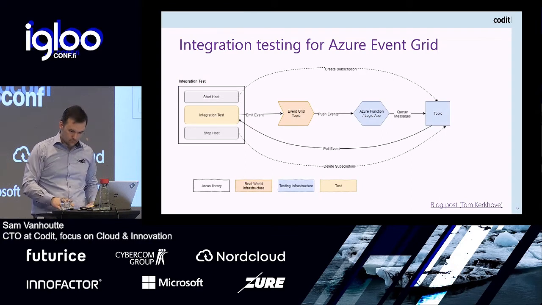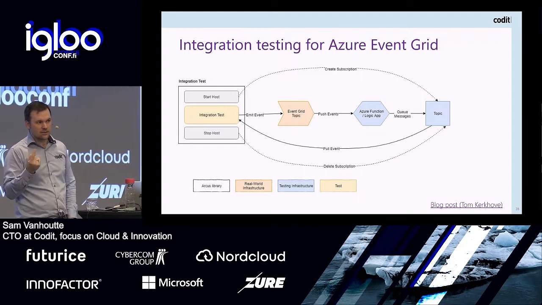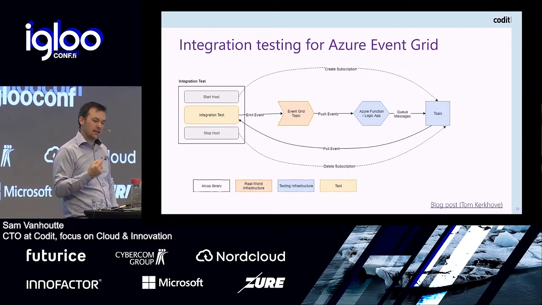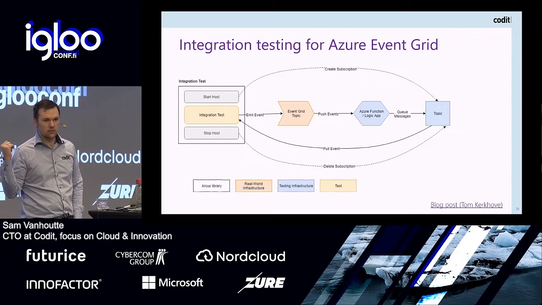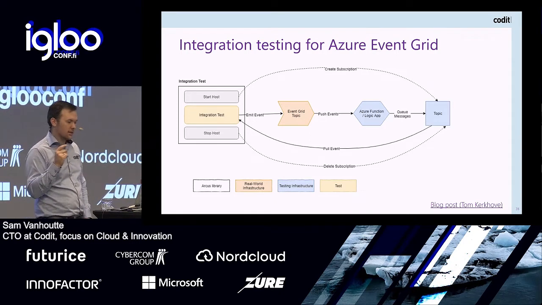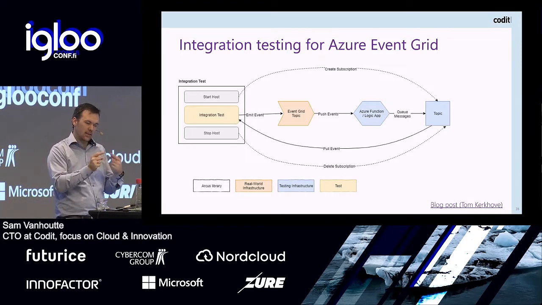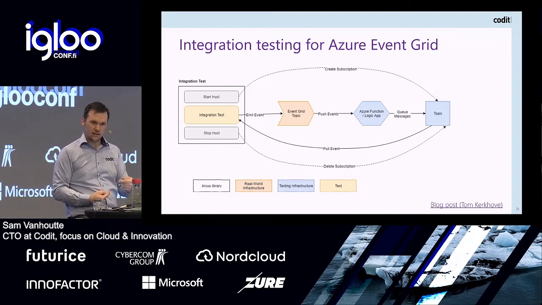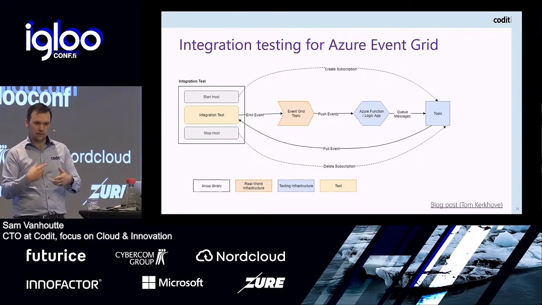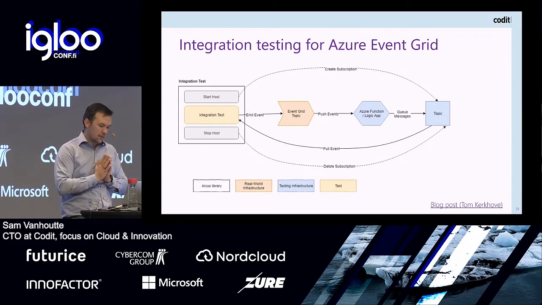All right? What I also wanted to show is how you can use Event Grid in your integration testing scenarios. And again, I'm shamelessly using the content from Tom here, who created the blog post of that. What he did is he actually creates an Event Grid topic, and if you want to see how these publishing of events happen, you want to have that back in your test. So in your test, you can say, I submit an event, and I want to have something subscribing to that event and do my validation check there, like you're testing your asserts. And that's what happens here.